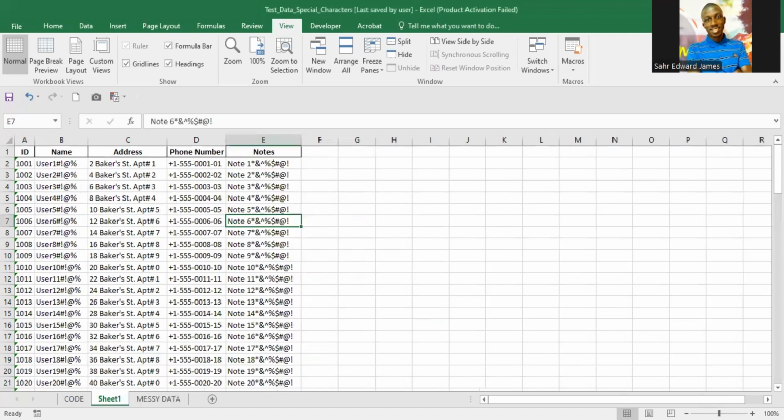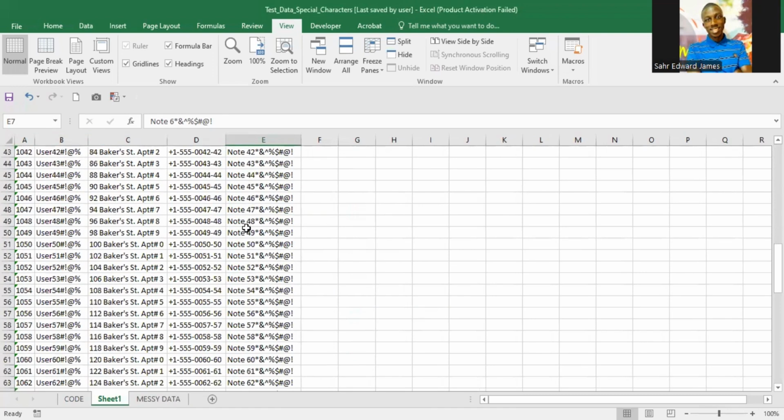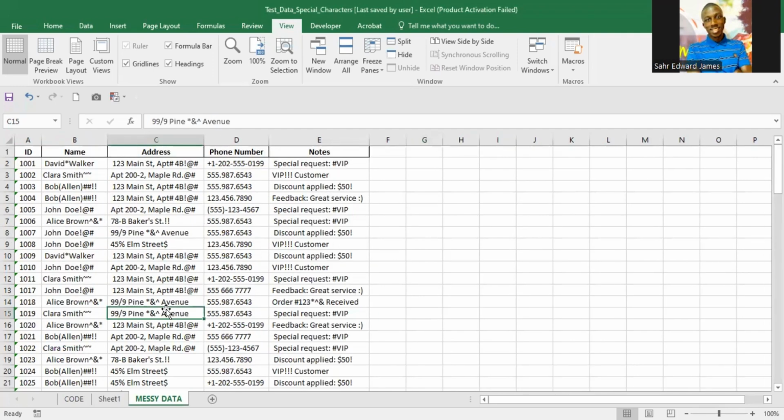Look at this other messy data here. It has special characters and we want to clean this one using a short tip. Let's just see how we can do it. Now when you open your Excel